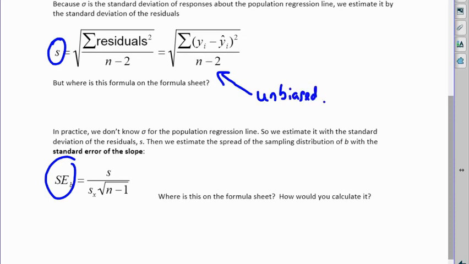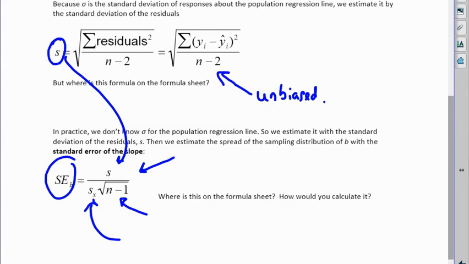I'm going to switch to the formula sheet where you'll also see this. And so we have to realize that the standard error of the residuals comes into there. And we'll see the standard deviation of x. This is just the x list. And then right down here, we see this n minus 1, which is helping us make this thing an unbiased